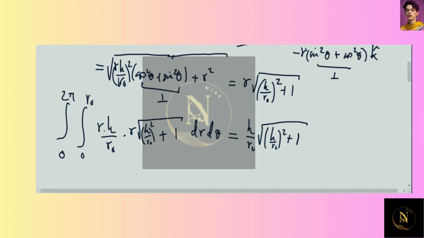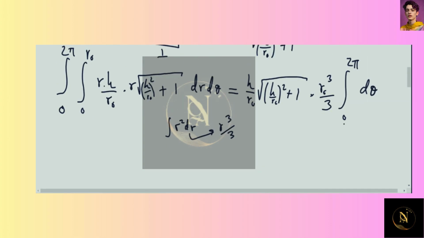we'll have the integral of R squared dr, which is R cubed over 3. So it will be all that evaluated between R naught and 0, so R naught cubed over 3, and then that times the integral from 0 up to 2 pi d theta, which is 2 pi. So this would be